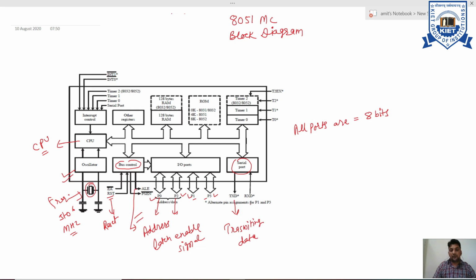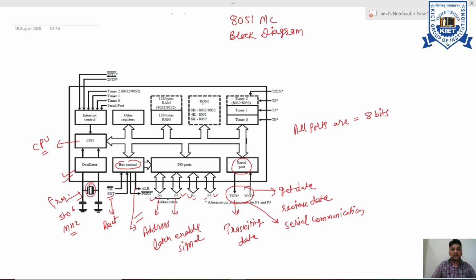So this is called serial communication, and from this other line we will receive data. So from these two lines we perform our serial communication.